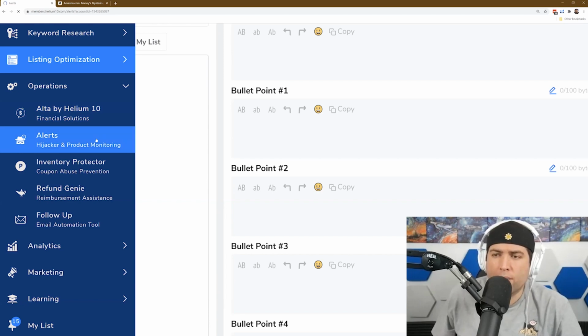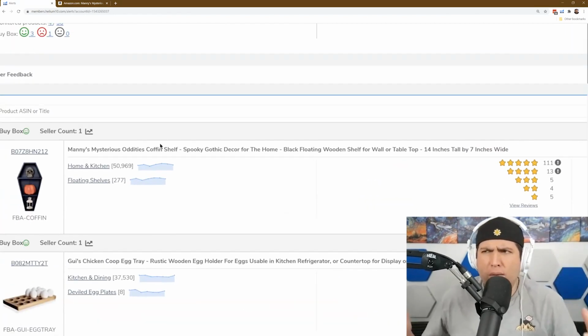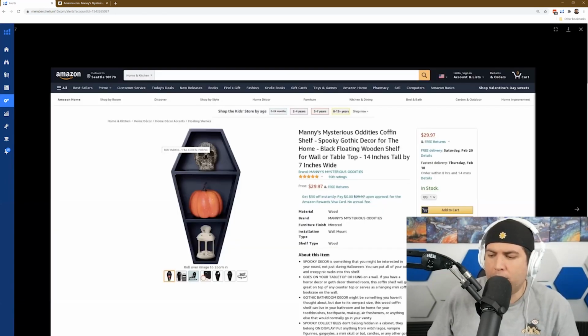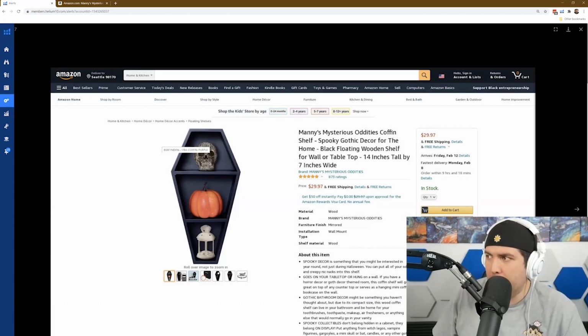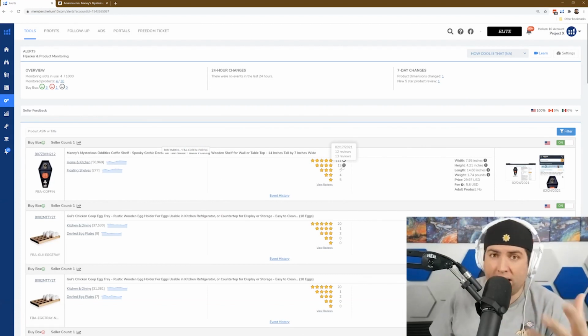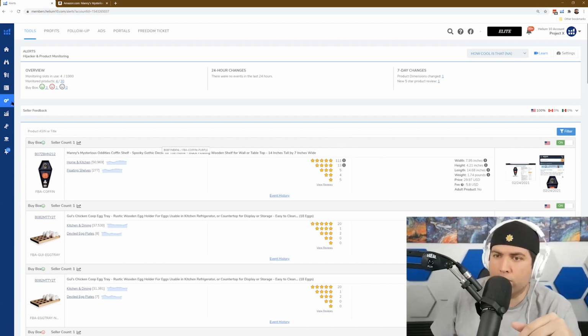Alerts allows us to monitor critical things that happen with our listing. Maybe bad reviews, or is my product marked as adult product, meaning I'm not indexed anymore. Is a hijacker coming onto my listing? Did Amazon change my image? We're taking pictures even of your listing every day, so you can see what's happening to your listing, both in mobile and desktop versions as well. So alerts is really important. It could save you tons of money by alerting you to things that can affect your sales that you might not know happened unless you happen to be checking your Seller Central account.